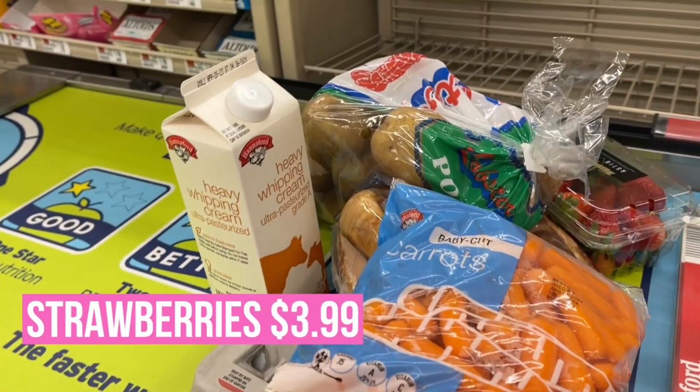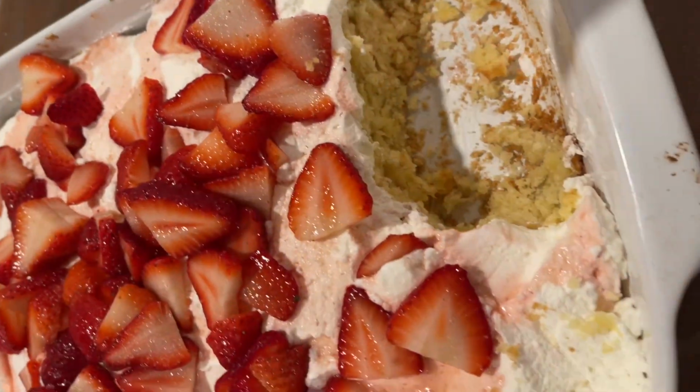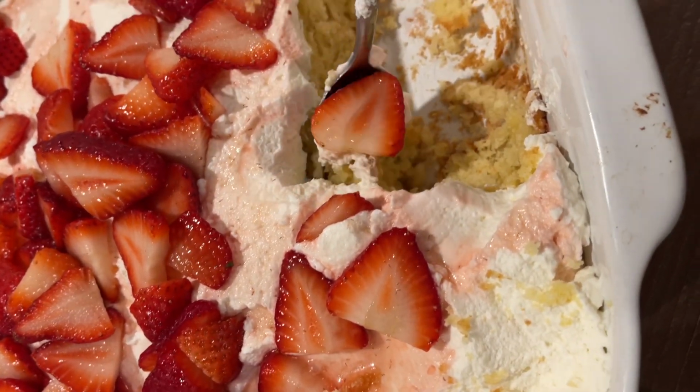I actually used the whole container just in the strawberry shortcake, so it is definitely delicious, but a heavy dessert. It's light tasting, but it has a lot of cream in it. And then the strawberries were $3.99, so not on sale this week, but kind of worth it because it's a beautiful thing on the table and you have to have a beautiful dessert for Easter. So I'm super excited to show you my process, hopefully give you some inspiration to save money on your own